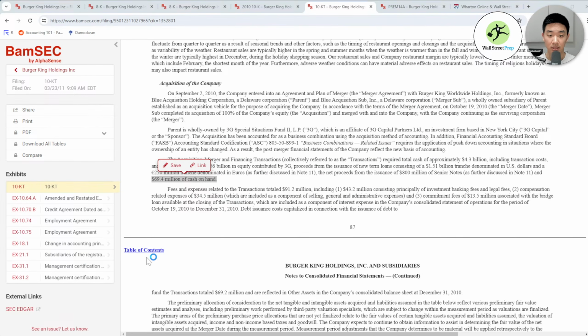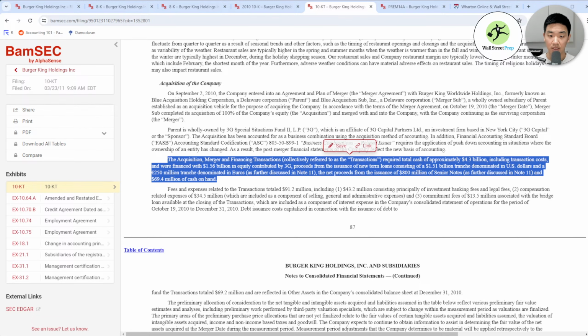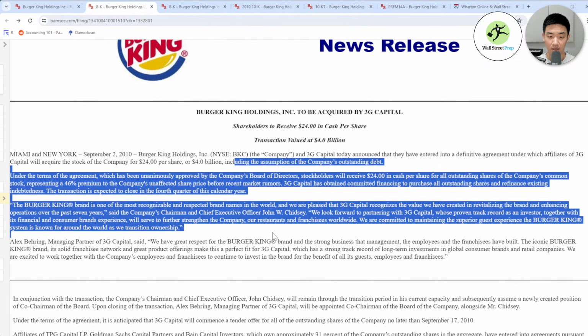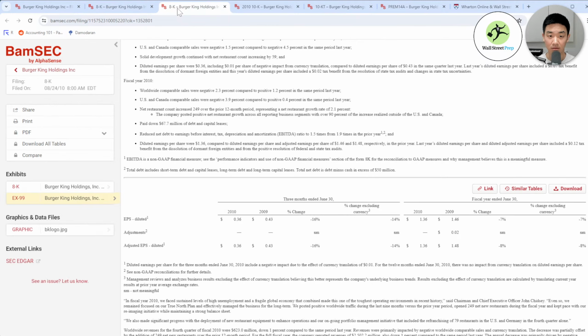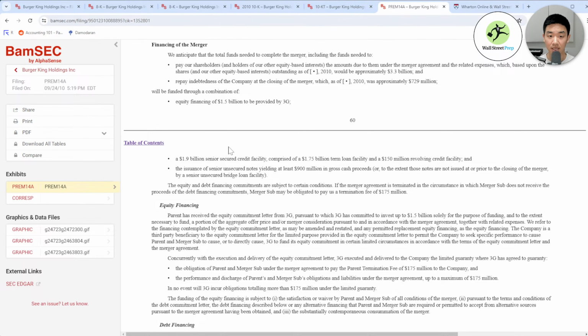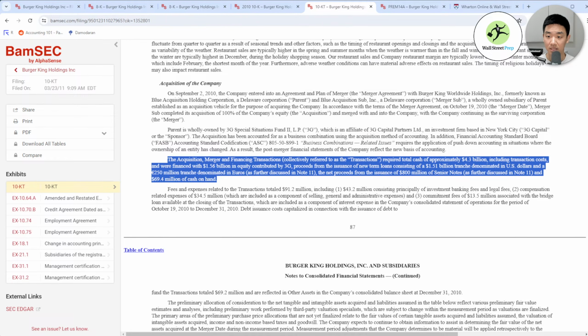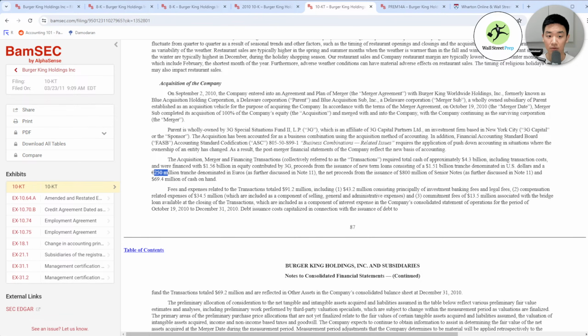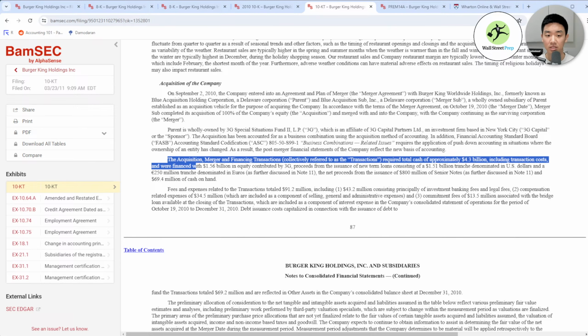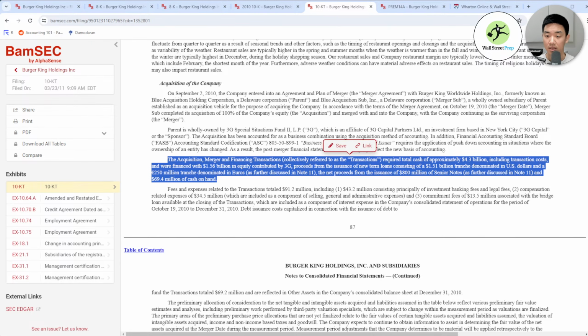Okay, so capital structure. Let's look at what we have here, which is the financing. A lot of this information is a little bit different than what you get in the proxy. In the proxy, it says we're going to finance the transaction with roughly 1.5 billion in equity, 1.9 in senior credit facility, blah, blah, blah. But in the 2011 10K, you can see that it was 4.3 billion, 1.5, 1, 250. So they added a euro tranche, 800 in senior notes. So we're going to use the numbers that the private equity firm actually dealt with.